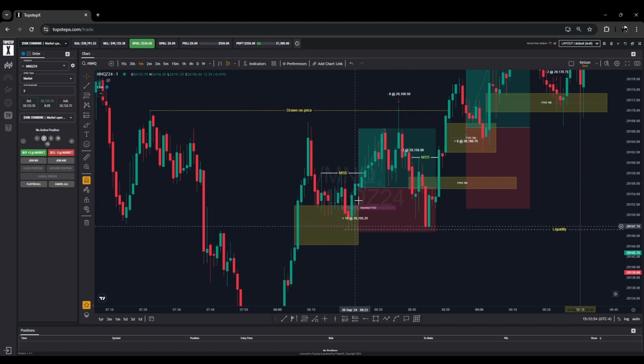I took 10 contracts on this, aiming for these relative equal highs. I was looking for displacement above this market structure shift right here, but as you can see, price was chopping. This is not an A plus entry. My model would have been price come down, take out these lows, and then displace above the high, making a market structure shift with a fair value gap. That would have been an A plus entry, or an A plus model of the Godhead model, but it chopped and didn't give me a fair value gap there. But it did go up to the target right here.